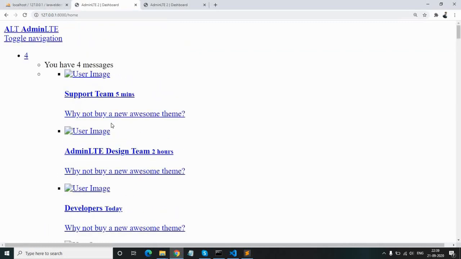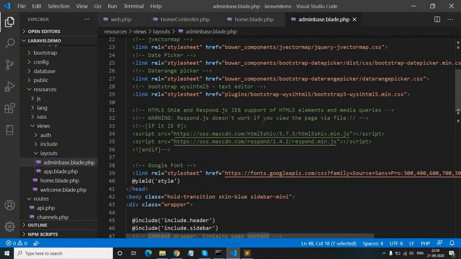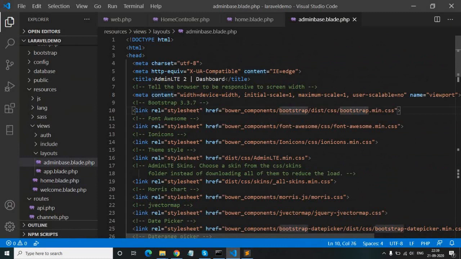Here you can see, guys, our backend template has moved here, but this is not showing properly because we have to call the CSS and JS files also. So for that we will go to our base file, admin base.blade.php, and here we have to make all the link URLs and JS URLs dynamic with the help of Laravel functions.